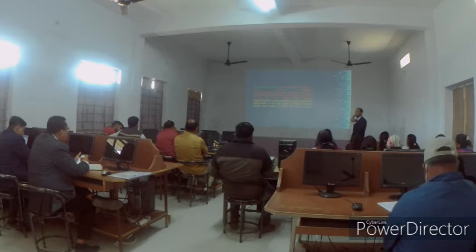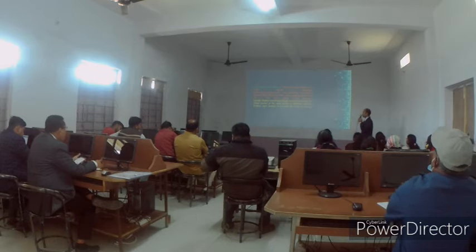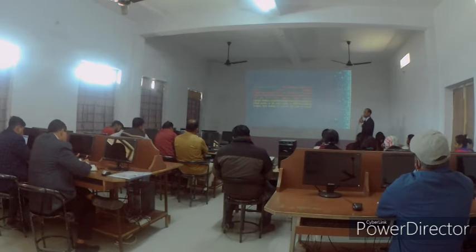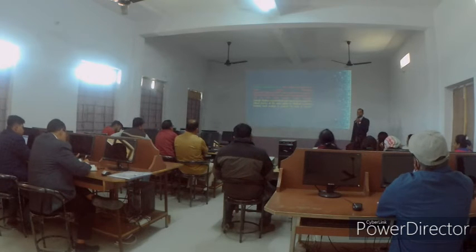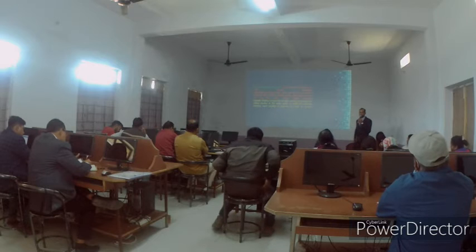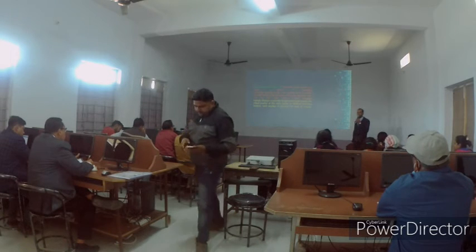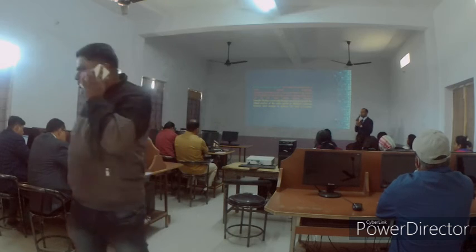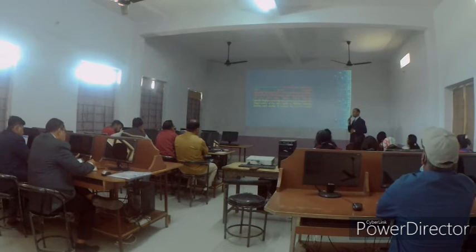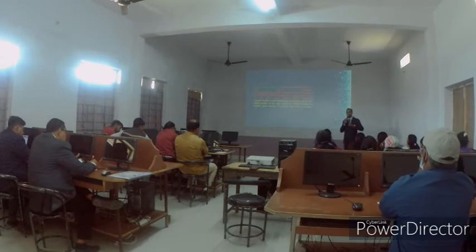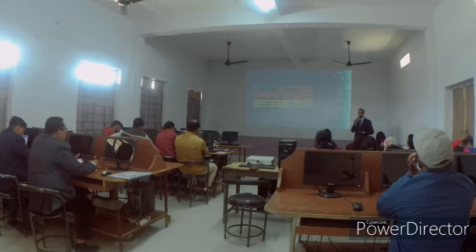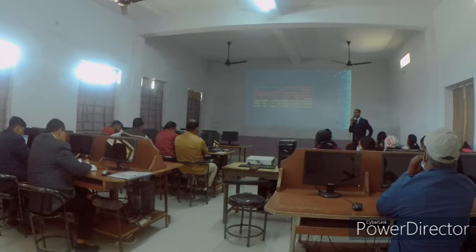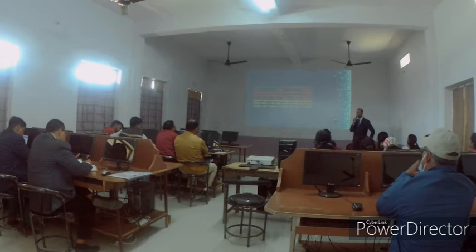Now the last one is characterization by value set. This is the top level in the affective domain, and you can see that all the levels we have discussed here are related to emotions and feelings. Is it not? Is it correct or not?